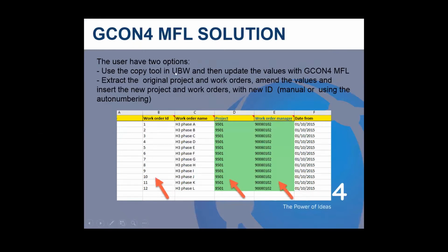Okay. First, use the copy tool in UBW and then update the values with Gcon4 MFL. Okay, which could be one option. Okay, the way we just saw in the real example. And the other one is extract the original project, the whole original project, without using the copy tool of UBW,